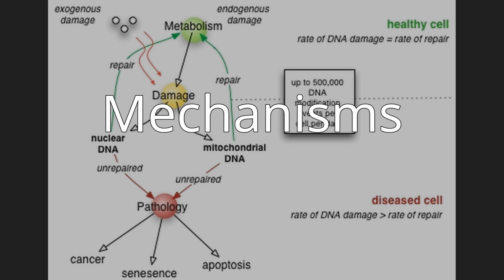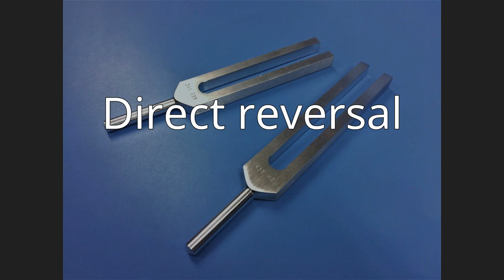Damage to DNA alters the spatial configuration of the helix, and such alterations can be detected by the cell. Once damage is localized, specific DNA repair molecules bind at or near the site of damage, inducing other molecules to bind and form a complex that enables the actual repair to take place. Direct reversal.